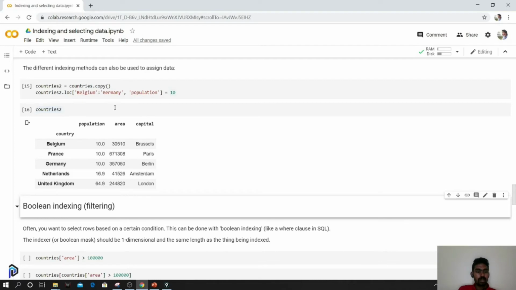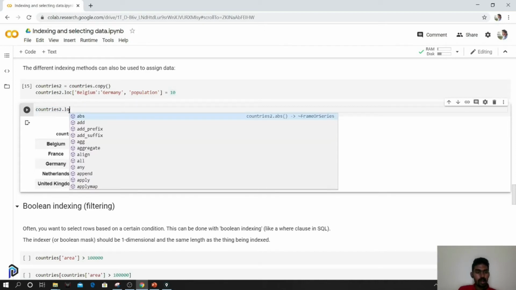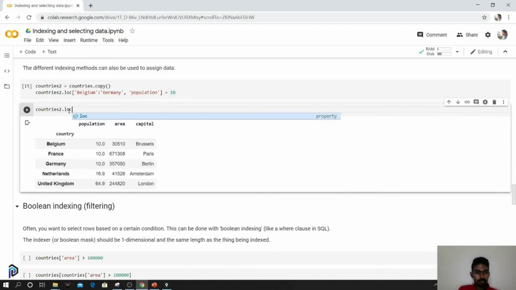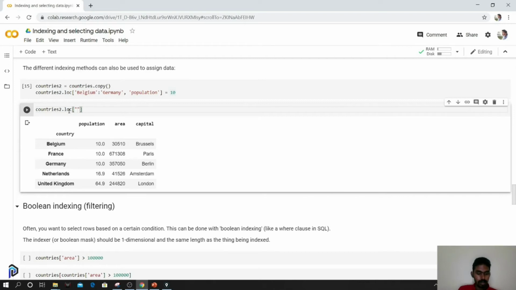We can also do something like assigning all the capitals to be Berlin. The last three, Germany to United Kingdom, we want their capital to be Berlin. Okay, I'll just do it by iloc. Yeah, we want from Germany to United Kingdom.